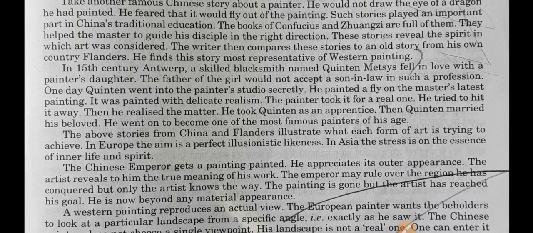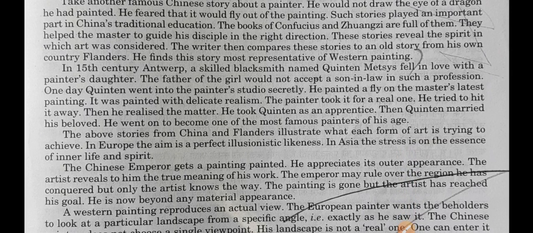Now, children, the above stories from China and Flanders illustrate what each form of art is trying to achieve. Well, let's compare Chinese painting and European painting. In Europe, the aim is a perfect illusionistic likeness. Illusionistic likeness means the fly which Quentin painted was like an illusion, although it was unreal, it appeared real. All right, so it was a kind of illusion. So European painting